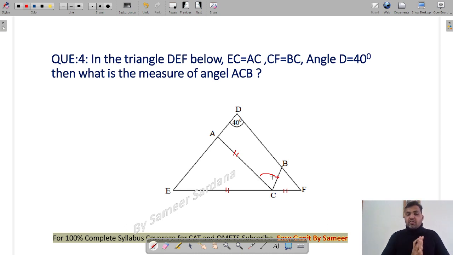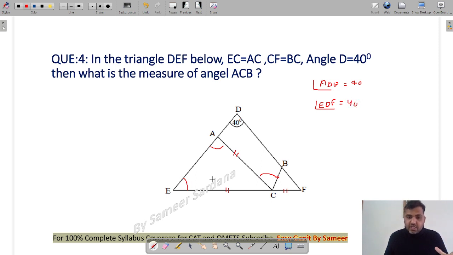So guys, let me give you another trick of solving the question here, right? You can solve the question by assuming theta in the triangle, and applying the property that if two sides are the same, the angles opposite them will also be equal. So what you can do in this question is that, because it is given to me that the value of angle ADB, or you can say EDB, the value of angle ADB is given to me as 40 degrees, or you can say the value of angle EDF is given to me as 40 degrees.